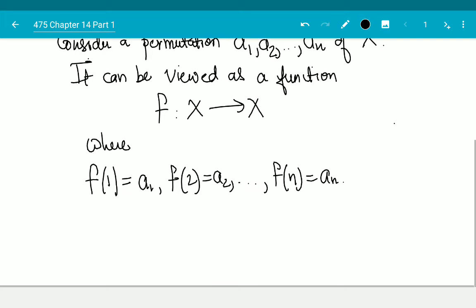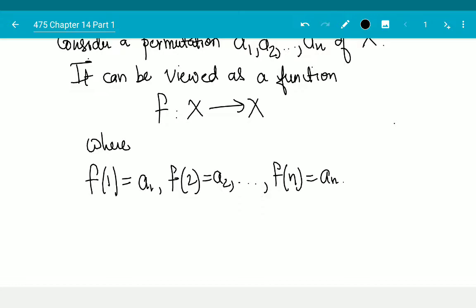Okay, so here's a permutation. This is not saying where 1 goes, but what number gets mapped into 1, right? So I can write this, denote this, for the sake of convenience in what is coming,